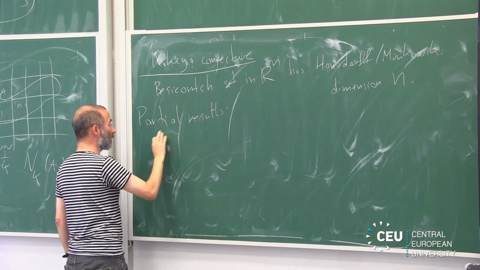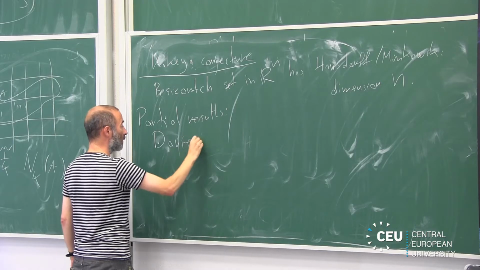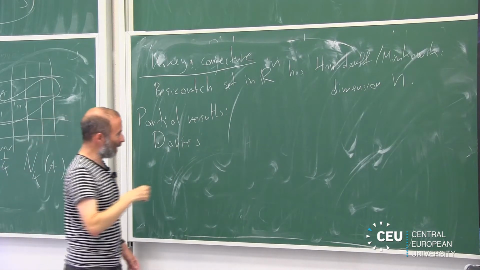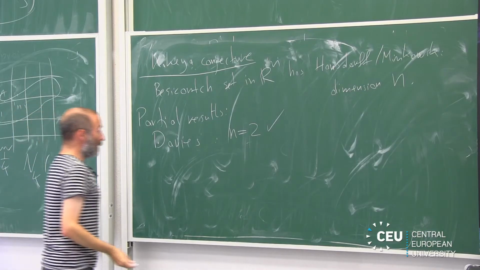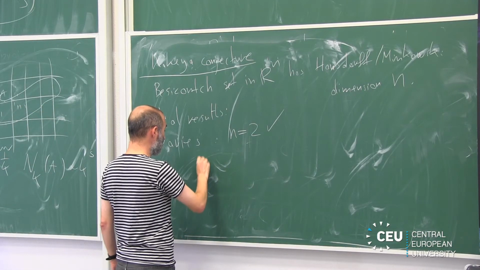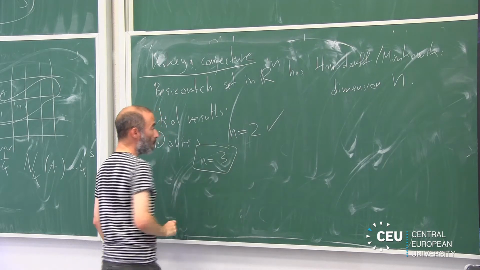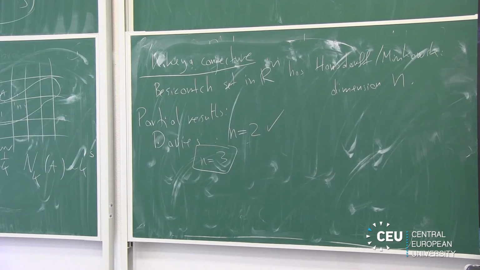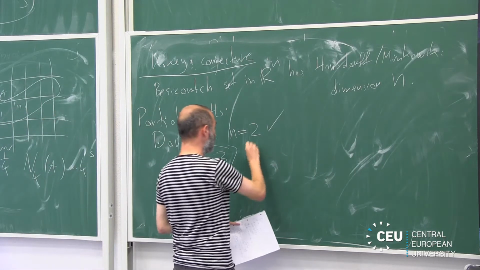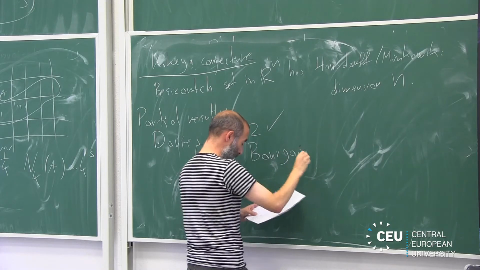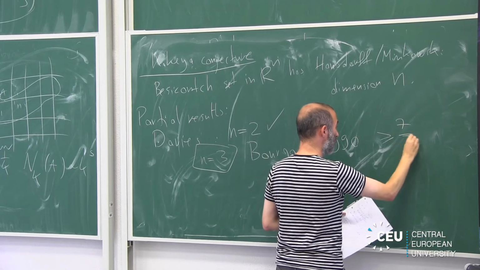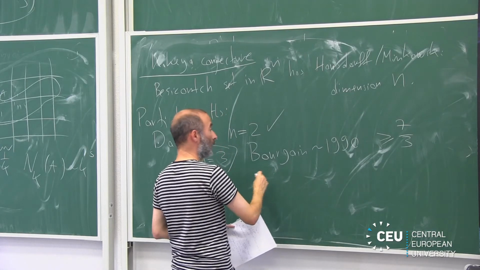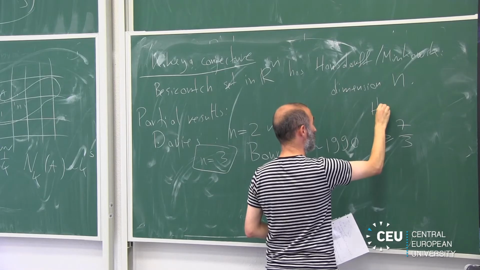The most interesting partial result is due to Davies, about 1970-something, who says that in the plane this is true. In higher dimension, let's see the n equals 3 case, life is much harder. Bourgain around 1990 proved that this is at least 7/3, for Minkowski dimension,